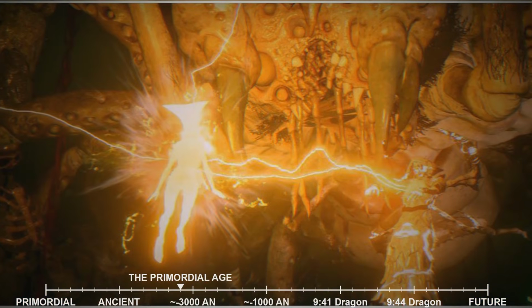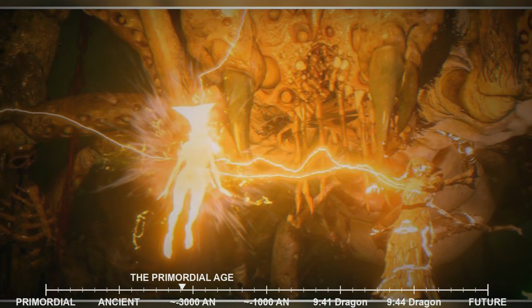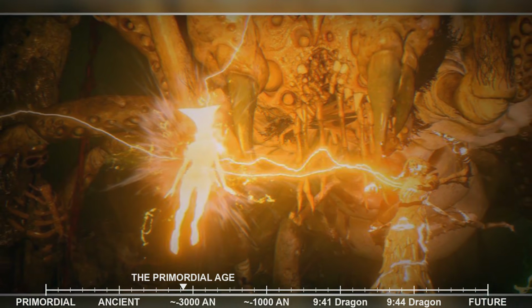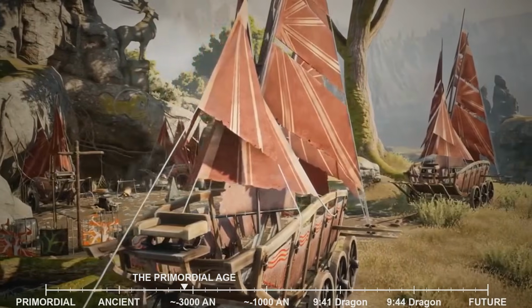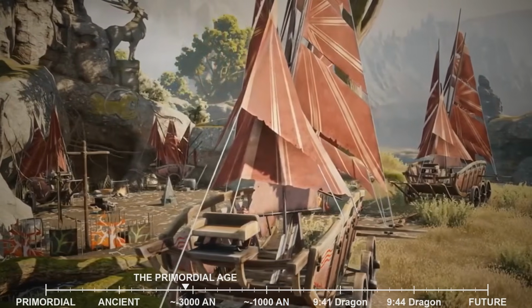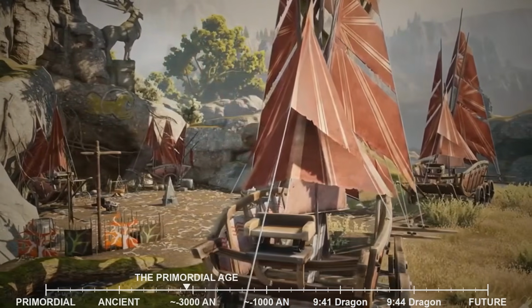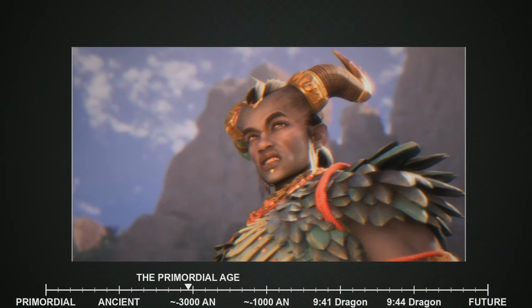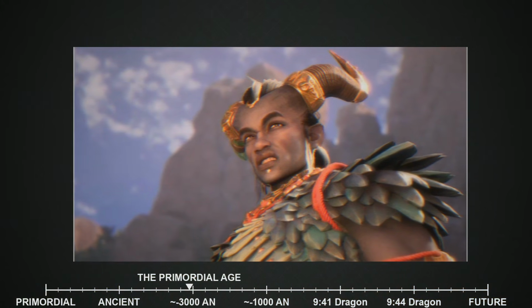The spirits moved through the Fade in patterns that reflected their nature, drawn to places and moments that resonated with their essential being. They were, in many ways, the Maker's first children, though they were children of thought rather than flesh. When the Maker created the first living beings on Thedas, the exact nature of these creatures remains shrouded in